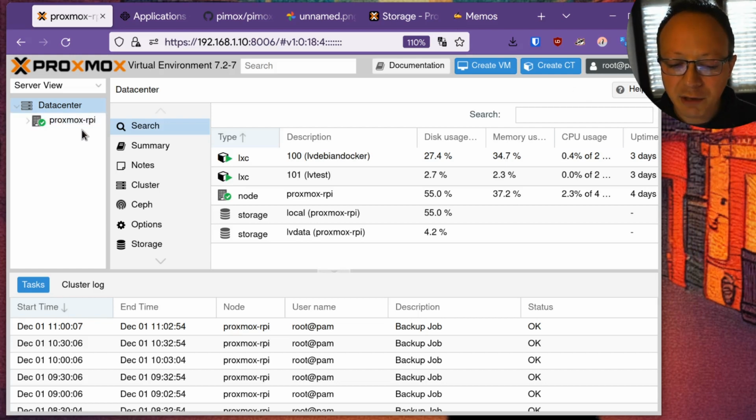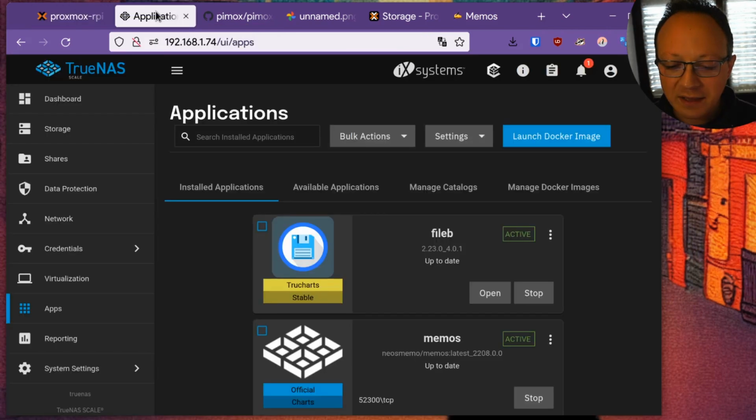But you can create a virtual machine or another LXC container and install Docker inside this LXC container. I don't think this is a very nice way to manage Docker. At least I prefer an operating system which implements Docker as the first-class container, and TrueNAS does it.